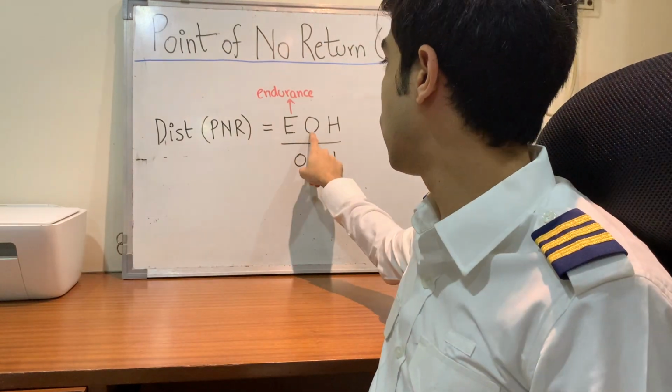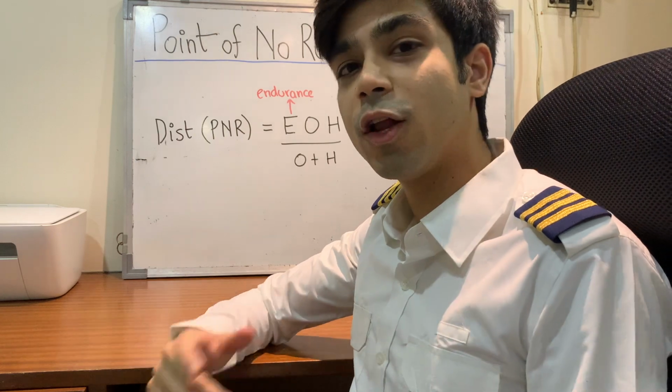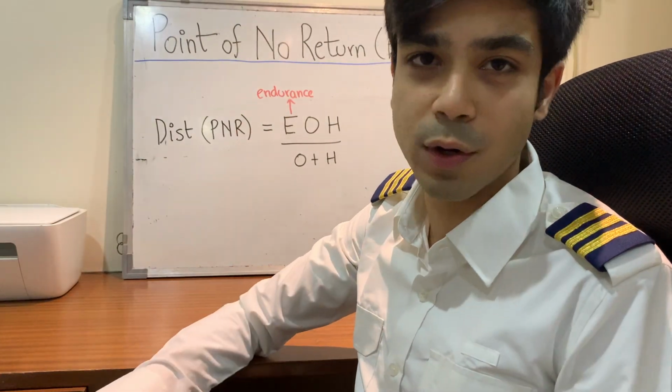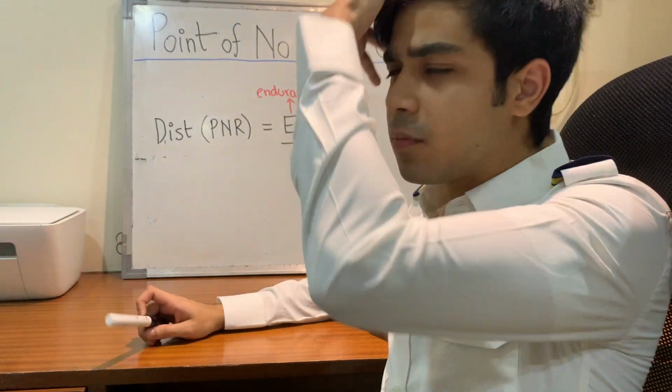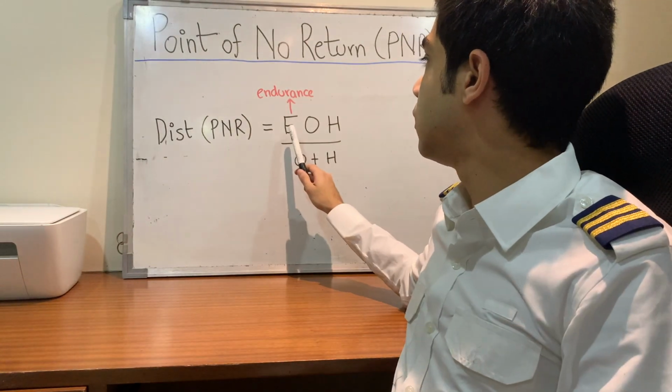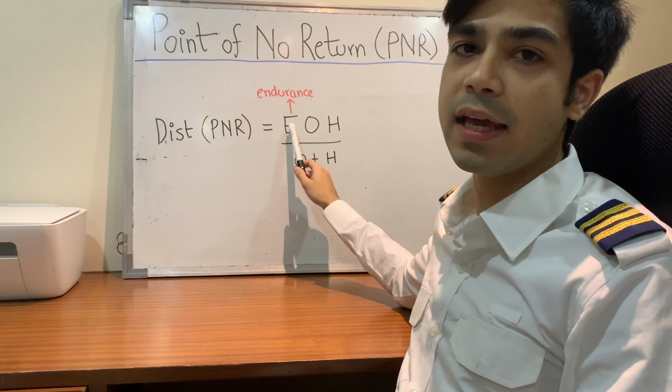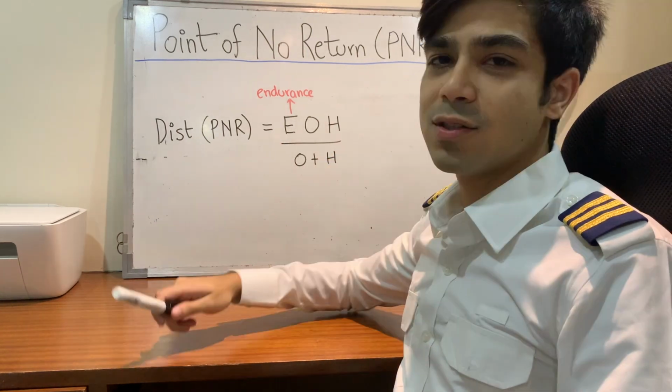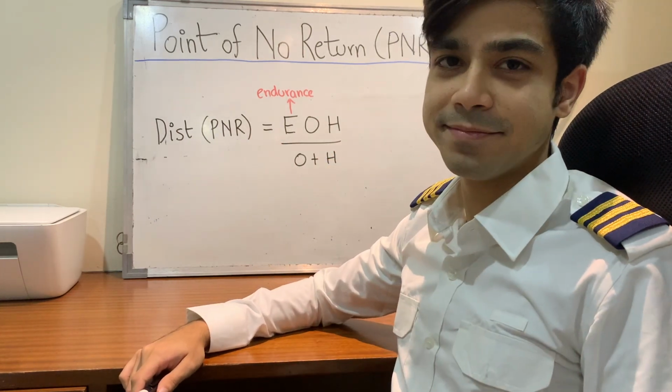And again, the O and the H are going to be calculated from your reduced TAS in case they have given full TAS and reduced TAS in the question. In order to calculate the sum, it's pretty much the same thing. The DH is replaced by EOH upon O plus H. So the same rules apply as before.